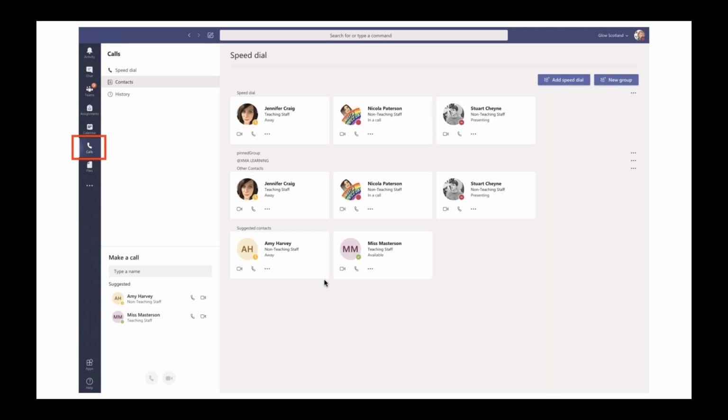Or if you're meant to be in a meeting with an outside agency or your cluster at a certain time, but you can't get from school to that other location in time, maybe it's on the bell. So why not just join the meeting virtually? Why do you have to travel?